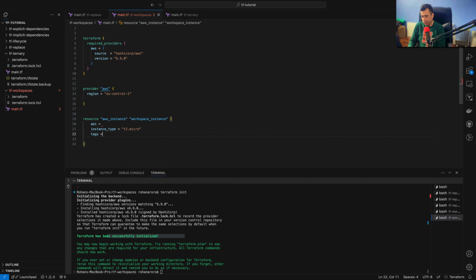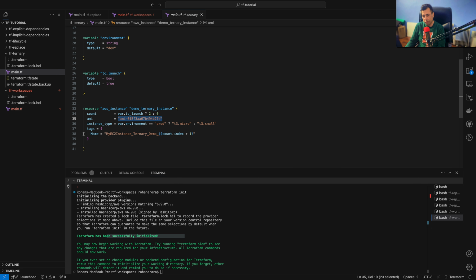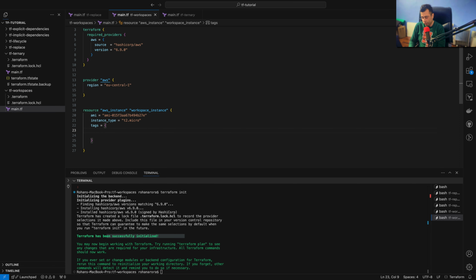And let's tag it. Okay, I'll include the tags afterwards. But first things first, I just copy the AMI from a different config file and paste it. And that's it. Fine. Now, in terms of the tag name, I will just include a simple name. So I say my_workspace_instance and underscore. Then I use the interpolation sequence, that is the